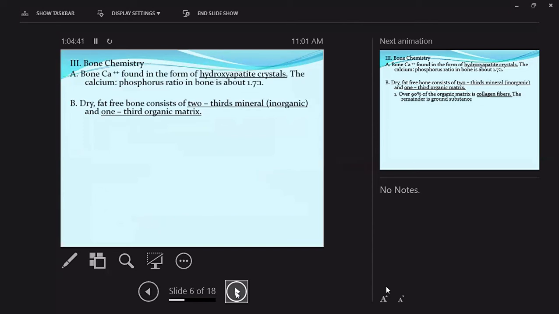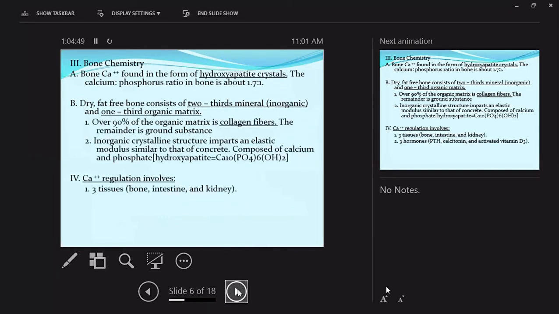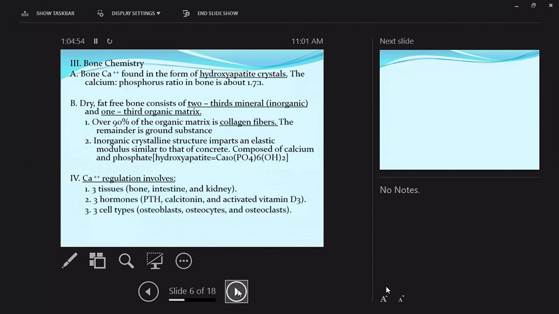Bone calcium is found in the form of your hydroxyapatite crystals. So calcium is regulated by 3 tissues: bone, intestine, and kidney. In the intestine,